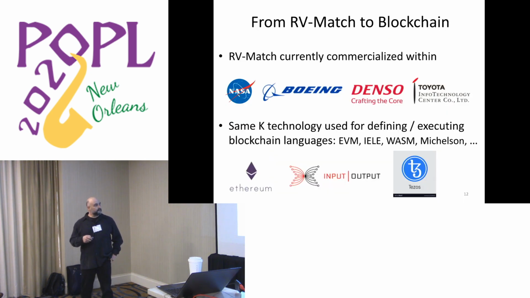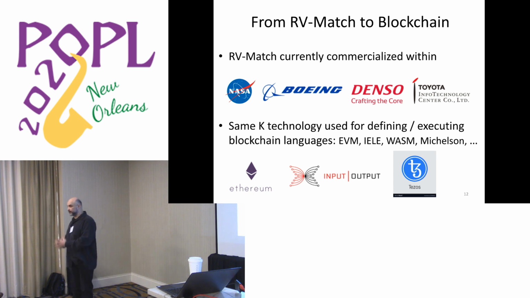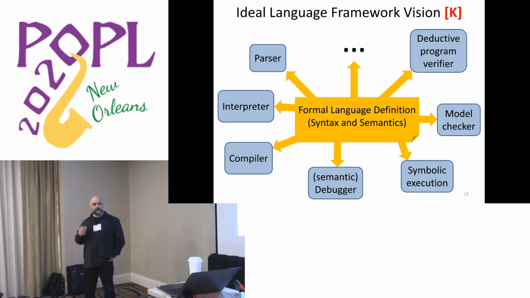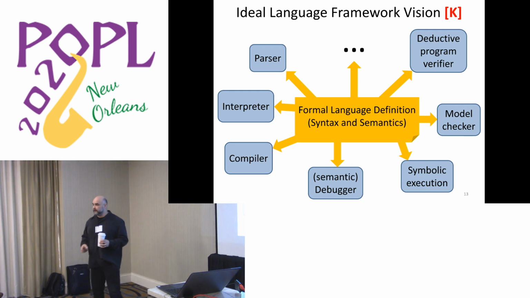We worked with customers in the embedded and mission critical space. And what we've done very recently, 2 years ago, we started using exactly the same backend, the same technology, but with blockchain languages. This way we get implementations of programming languages that can run smart contracts. And you can actually power the entire blockchain with semantics, basically. I'm going to give you some details about that later. But for now, I'd like to go a bit into how we do other things, like verification. If you have any questions so far, I'd be glad to take them. Yes.